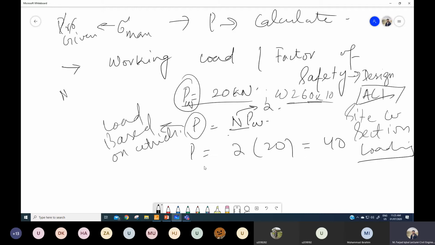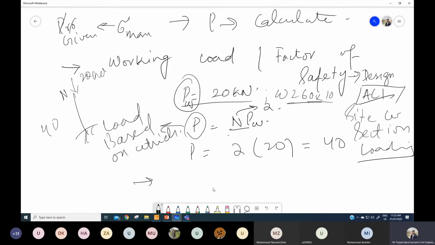So this is one thing, and another thing is what is the maximum stress. N is the factor of safety. Then how much safety are we providing with this column? We will design the column for 40 kilonewton, and in the whole life of the column, it will experience a load of 20 kilonewton. So we are on the safer side. That is why we call this factor N: by how much factor we have increased the load during the design procedure.